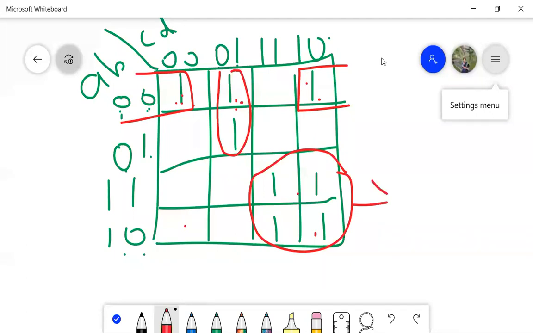So what will this be equal to? Here 1 and 0 will get cancelled. So what is left out? A will be left out. And on this axis, if I solve over here, 1 and 0 will be cancelling. So 1 is left out, which is nothing but C. This is equal to AC.